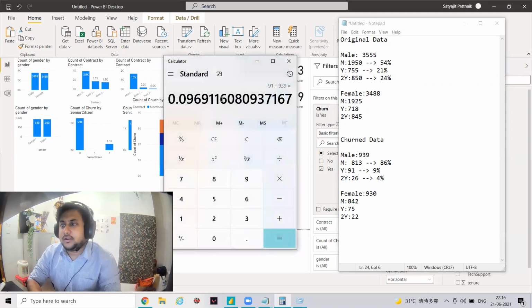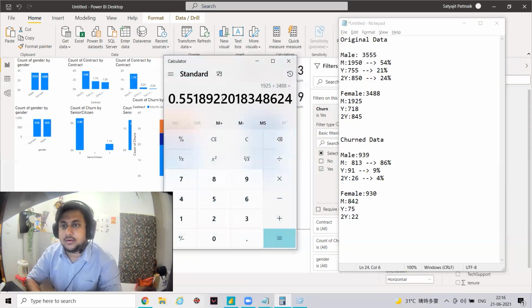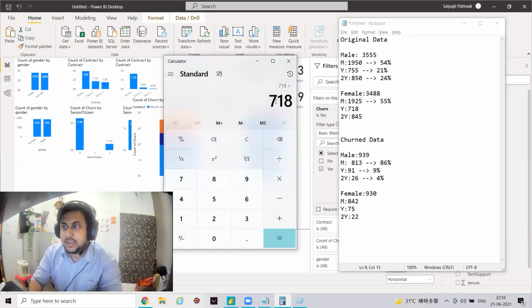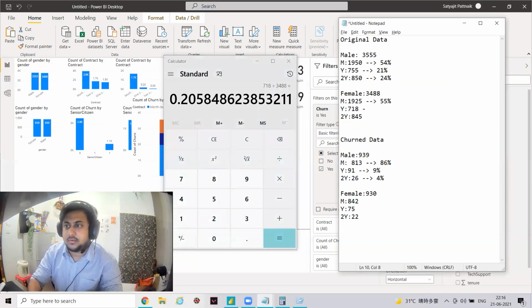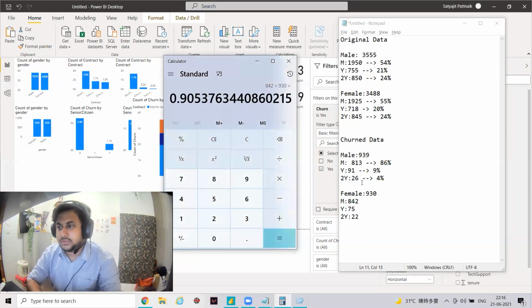Okay, now let's calculate. 1925 divided by 3488, 55%. 718 divided by 3488, 20%. And the rest almost 24 to 25%. Churn data 842 divided by 930, 90%.